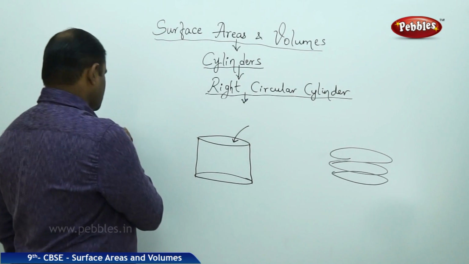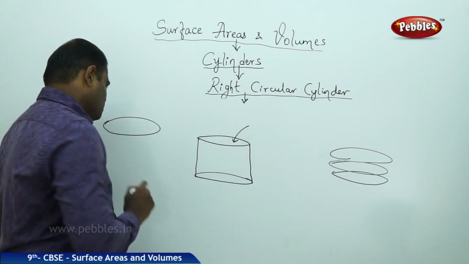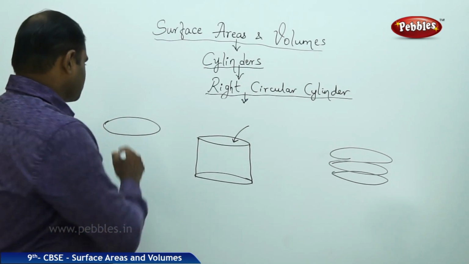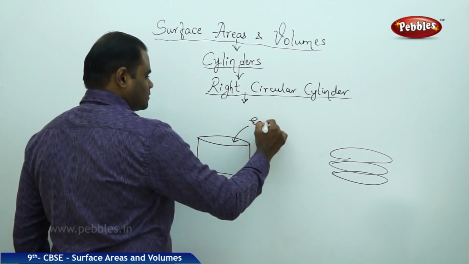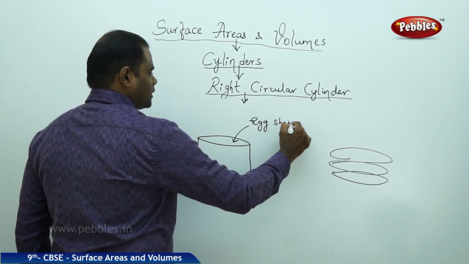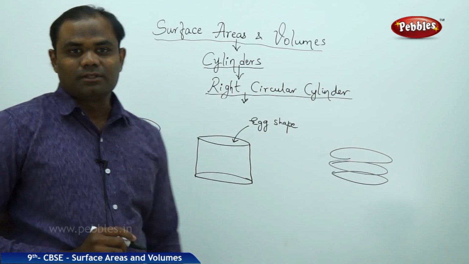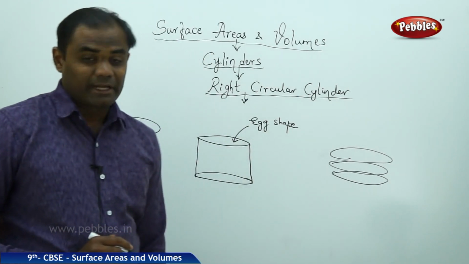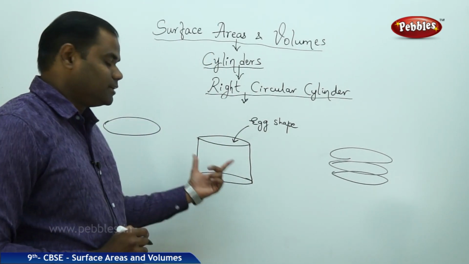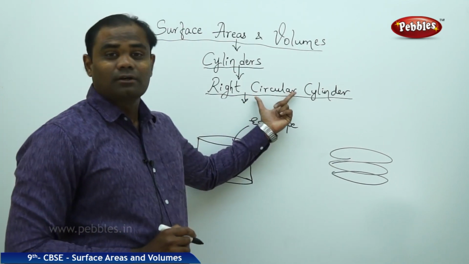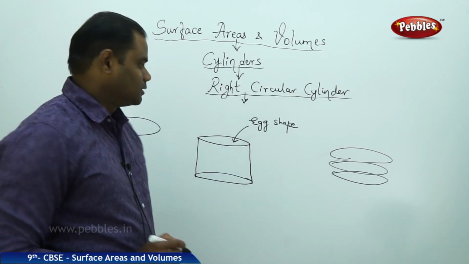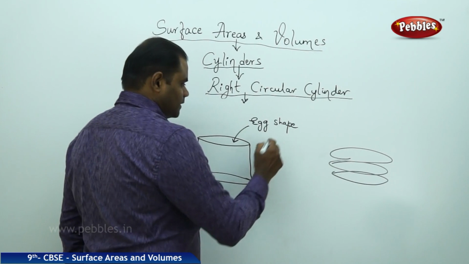If the shape is used to construct something like an egg shape, then this cannot be a right circular cylinder, because we demand the circular concept in a right circular cylinder. So if this is an egg shape, then